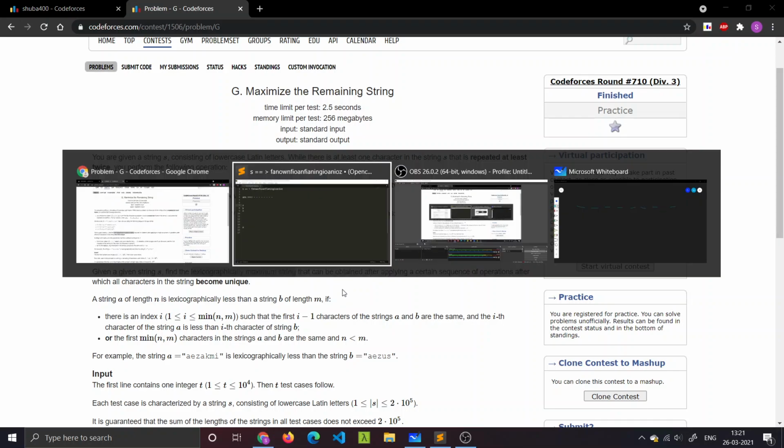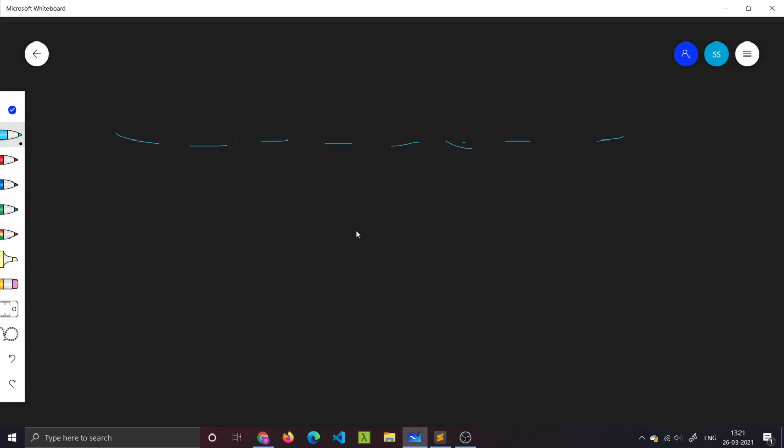A crucial observation, or an intuitive approach for any question which says it has to be lexicographically maximum, is this: if I'm working at any index of this answer, let's say the ith index, I need to make sure that the ith character is as big as possible.